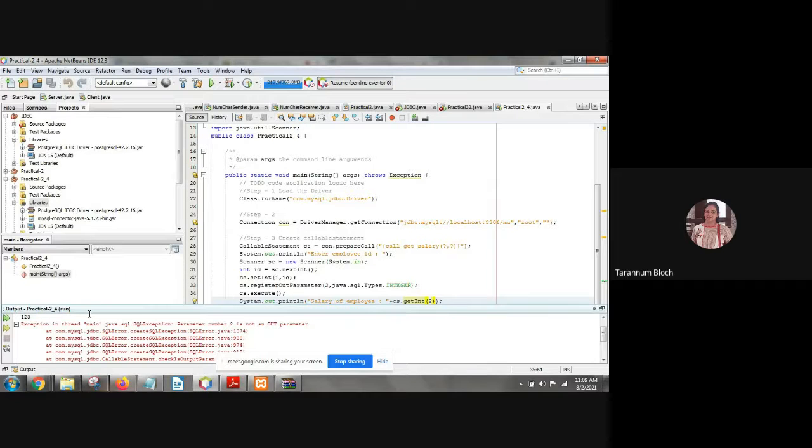Okay. Now it says error. The error is: exception in main thread java.sql exception, number 2 is not out parameter. The second parameter you have not set as an out parameter. So let me check your